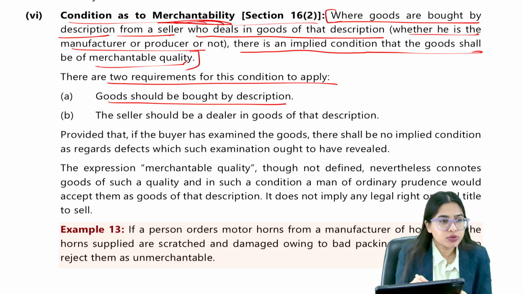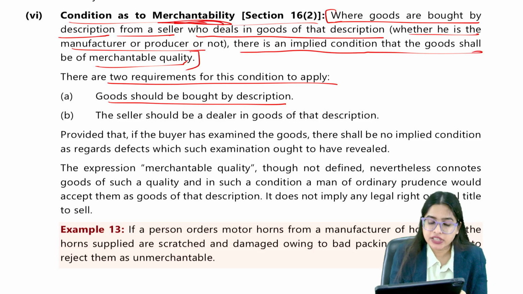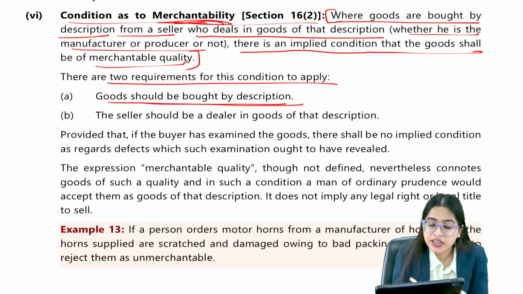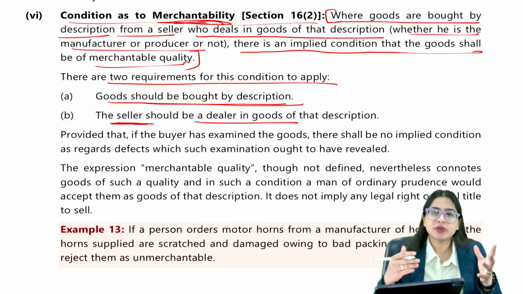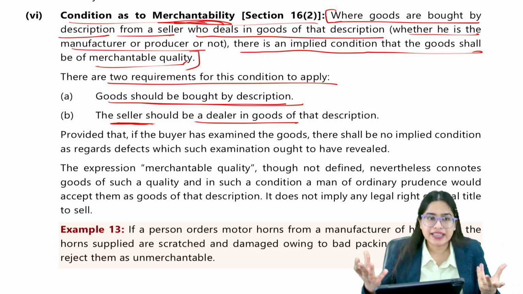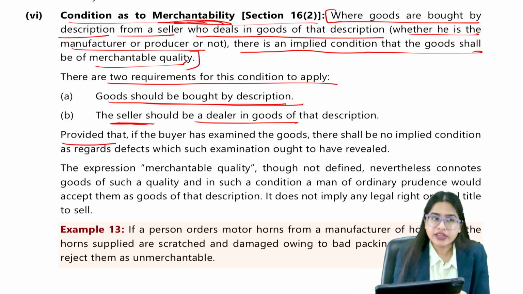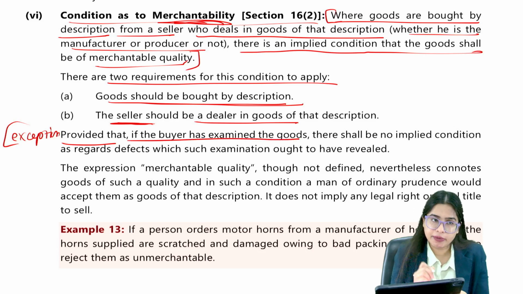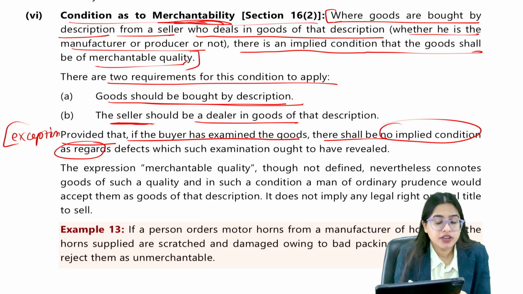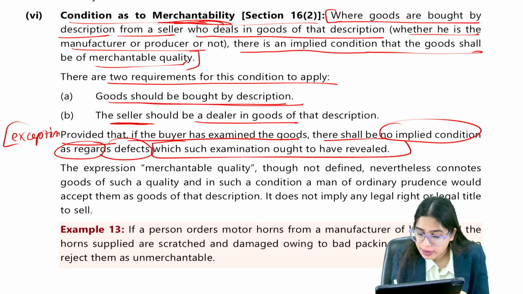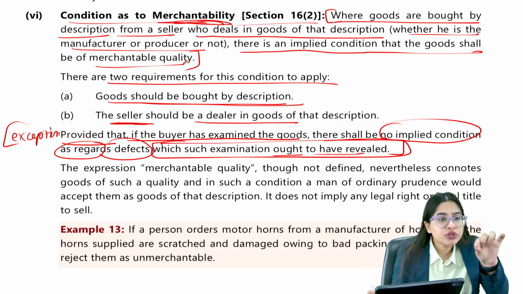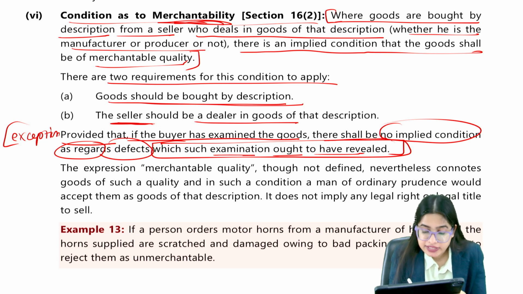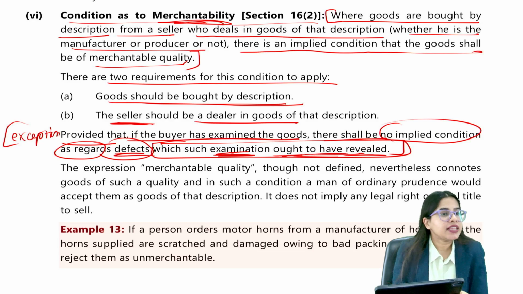Guys, in order to impose this implied condition of merchantability, two conditions are there. One, it should be bought by description. And secondly, the seller should be a dealer in those goods, meaning he should be frequently dealing and selling in those goods. Now, provided that, one exception is there. What is the exception? If the buyer has examined the goods, there shall be no implied condition as to merchantability as regards defects which such examination ought to have revealed. Ought to have revealed means if on examination that defect can be easily revealed,